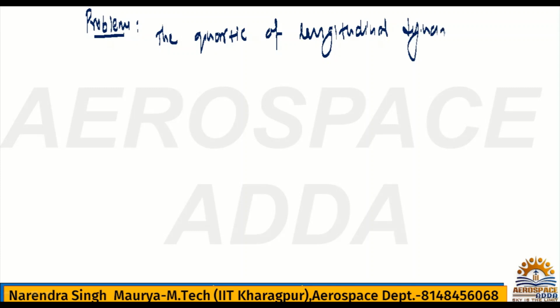The quartic, meaning power 4, of the longitudinal dynamics of an airplane is given as the equation is, see,